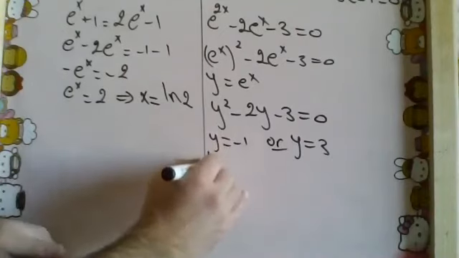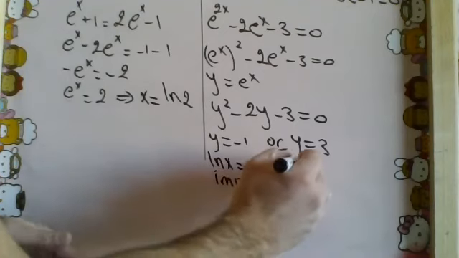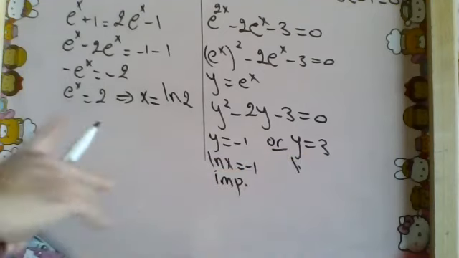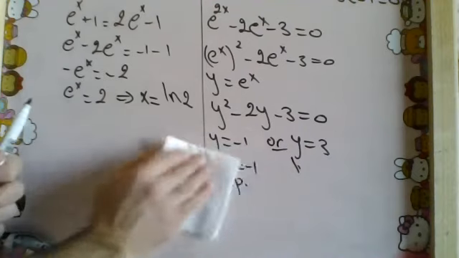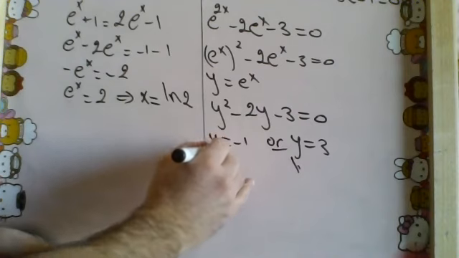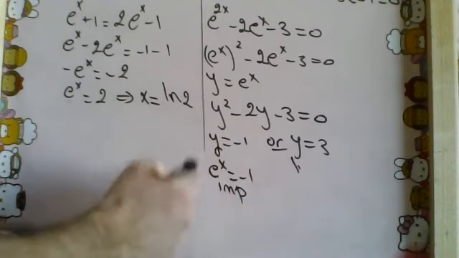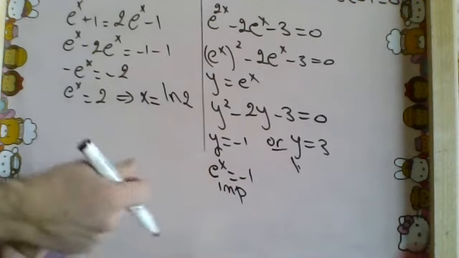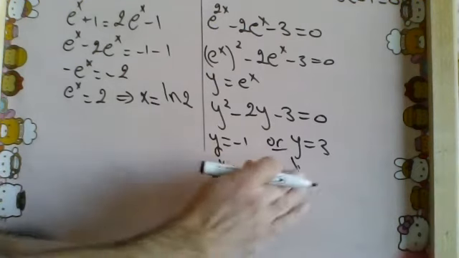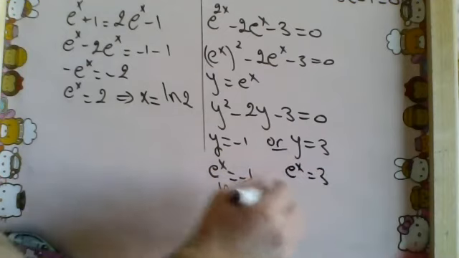That means e power x equals negative 1, which is impossible. Sorry, e power x equals negative 1 is impossible, while ln x equals negative 1 is possible, then x equals e power negative 1. Or e power x is equal to 3, and so x